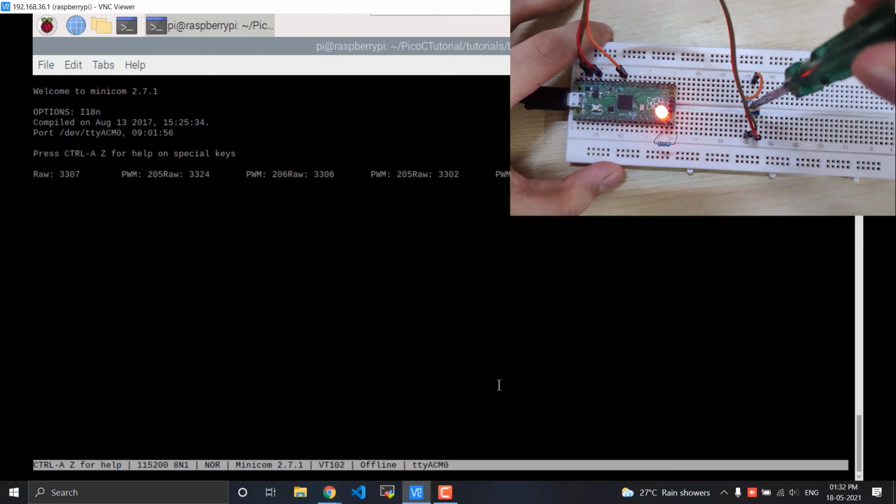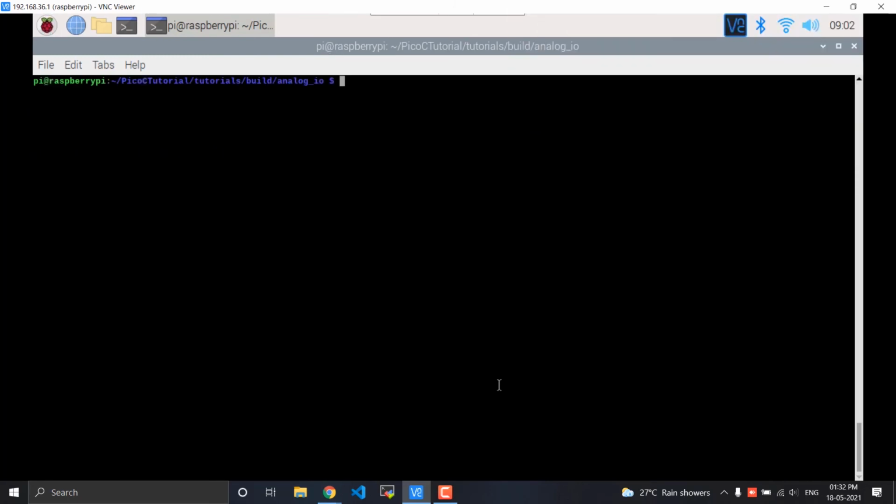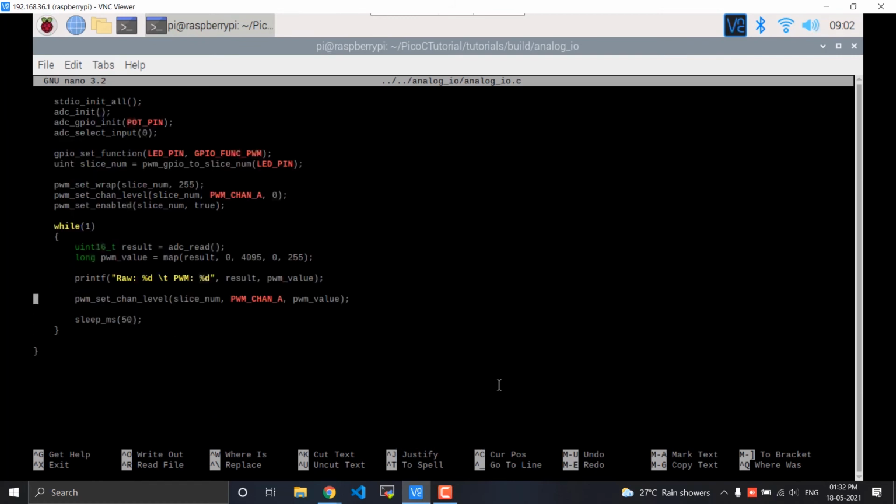So if I decrease it, the brightness is changing, but we're still not getting anything on the terminal. Let me give this a quick check. Maybe we should add a new line character to the end of this so that it's a bit easier.